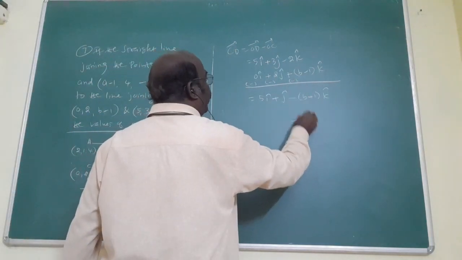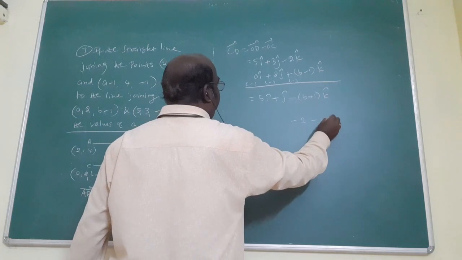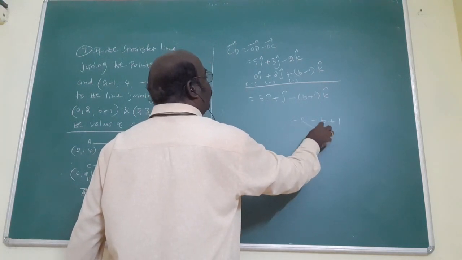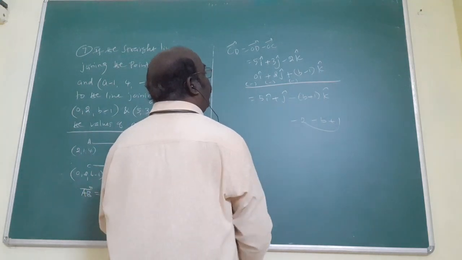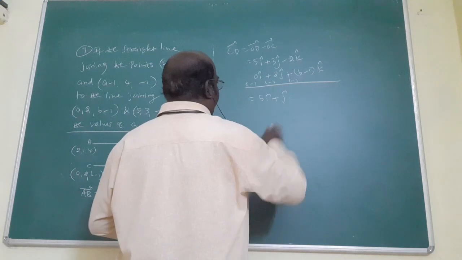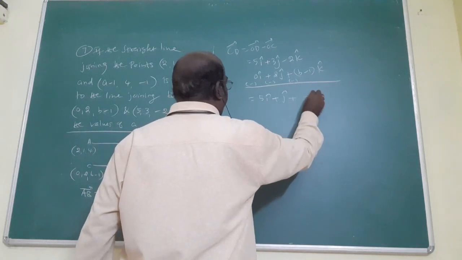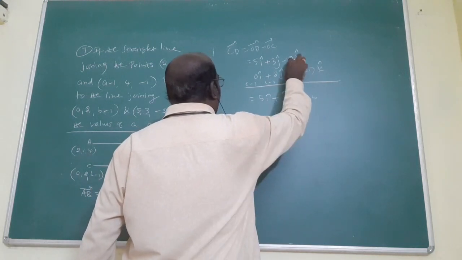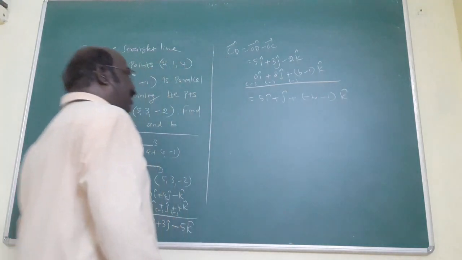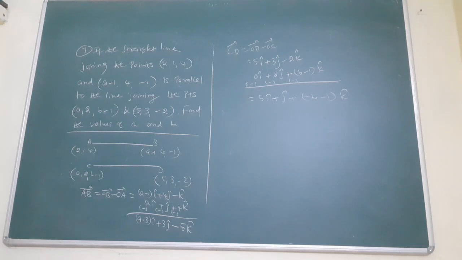Minus, here minus 2 is there. Multiply minus b plus 1. Subtract both, minus 1. Here minus b. That's why your answer is this. Or otherwise, simply put the plus sign: here minus b, last one is plus 1, minus 2, minus 1. In this way you want to do. Now, what is given? Two vectors are parallel, already given. That's why equating both we get the answer.